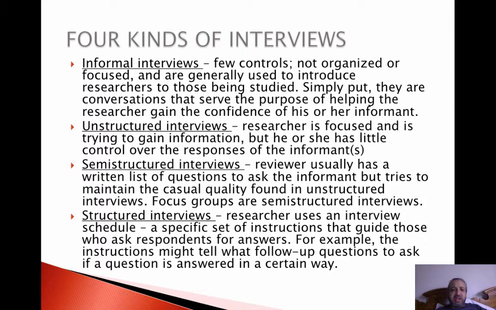So, having said that, let's look at this really quickly. The 4 kinds of interviews. There are 4 different kinds of interviews that we might employ in our field. There's the informal research interview. This is where there's very few controls. It's not organized. It's not focused. We're just trying to introduce ourselves, right, to the people that we're studying. These are just conversations. We're trying to gain some initial information,